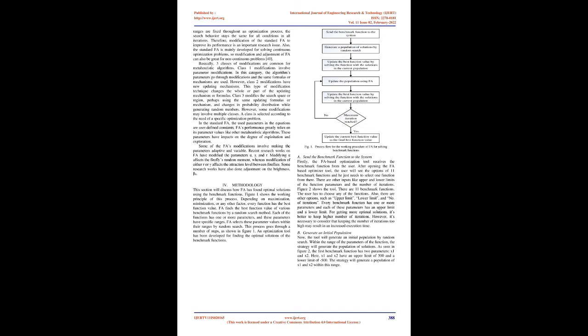The formulation of FA has the following assumptions. The attraction between fireflies isn't based on their sex, as fireflies are unisexual. Attractiveness proportionally depends on their brightness. A firefly with less brightness will get attracted to a firefly with higher brightness. However, if the distance between two fireflies increases, the attractiveness decreases. If two fireflies have the same brightness, they will move randomly. Constructing new solutions takes place by fireflies' random explores and attractions 34.